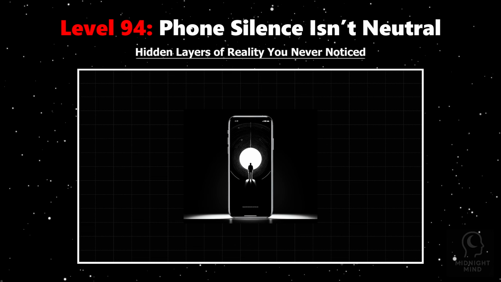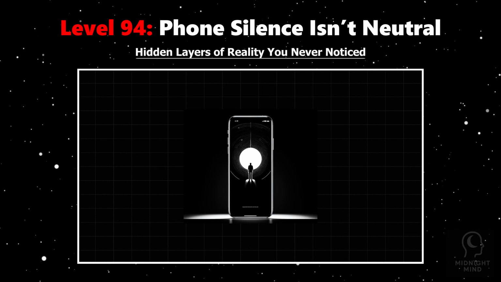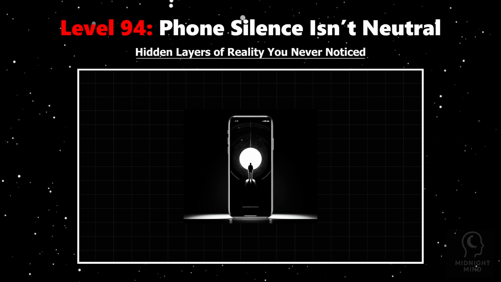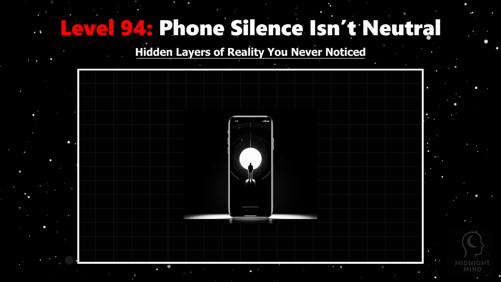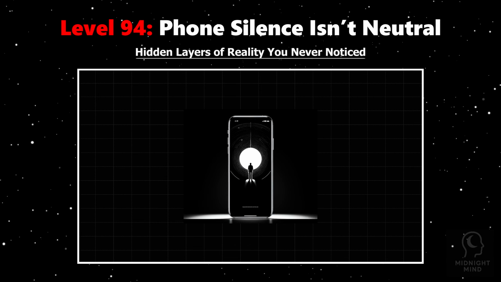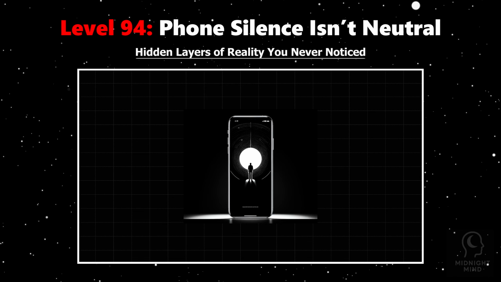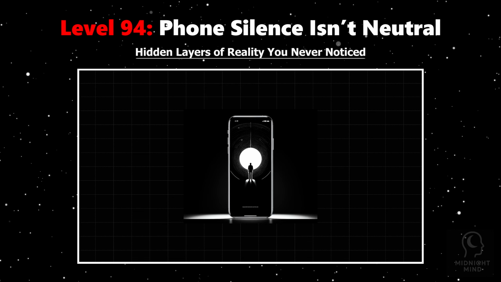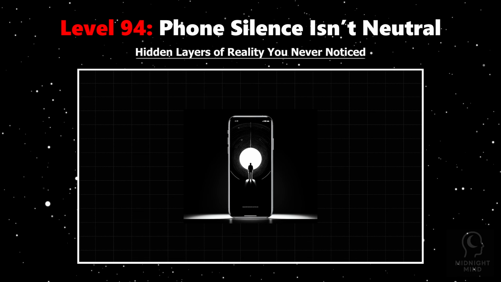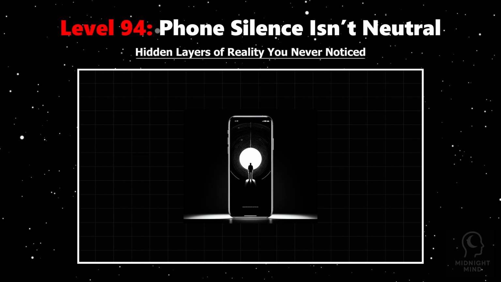Your mind quickly generates scenarios. Did I say something wrong? Are they angry? Are they ignoring me? These imagined narratives flood your thoughts, often spiraling into anxiety. Psychological studies show that ambiguous social signals cause more distress than overt negativity because the unknown triggers endless speculation. This is why ghosting or unreturned texts can cause emotional pain comparable to actual conflict. The silence becomes a canvas where fear and hope paint vivid, often conflicting pictures.